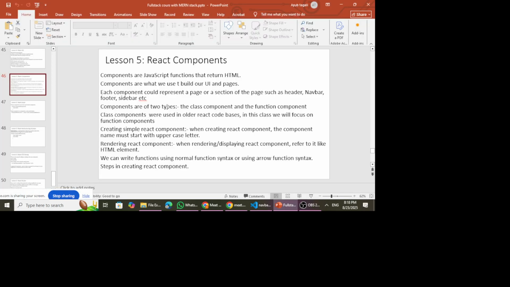So we talked about the components in our previous lesson, and we said components are basically JavaScript functions that return HTML, and you can use components to create user interface or the pages. So you could have a component to represent a page, or you can have a component to represent a section of the page, such as a navigation bar, the sidebar, the footer, or even the main body of the page